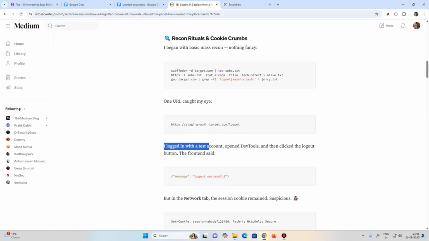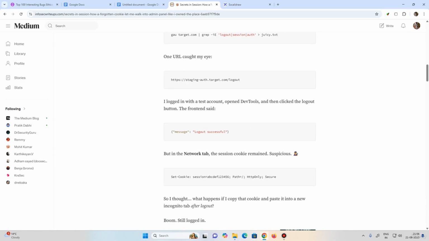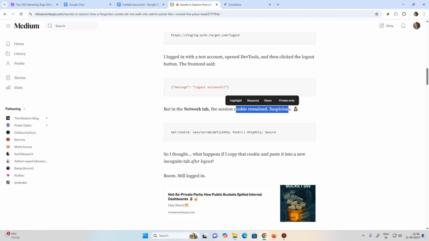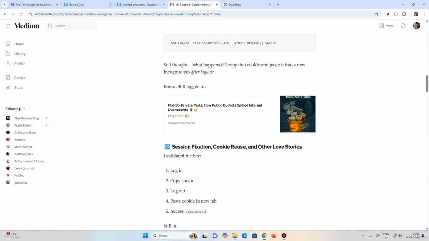I logged in with the test account, opened DevTools, then I clicked logout. The front end said logout successful, but in the network tab, the session cookie remained, suspicious. That was bad. So I thought, what happens if I copy the cookie and paste it into a new incognito window after logout? Boom, still logged in. So he knew that the cookies are not expiring. Session fixation, cookie reuse, other